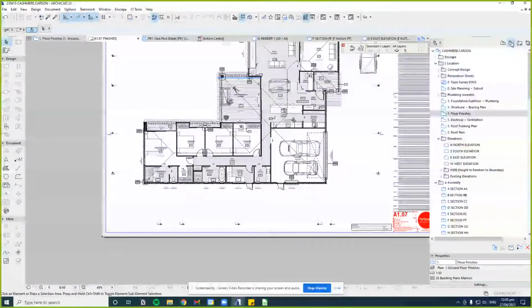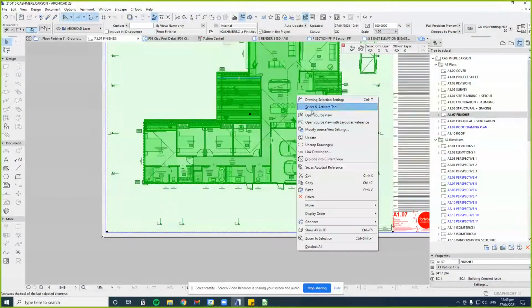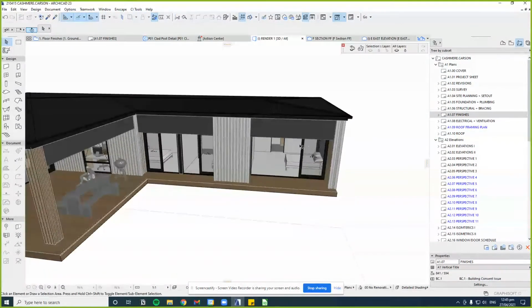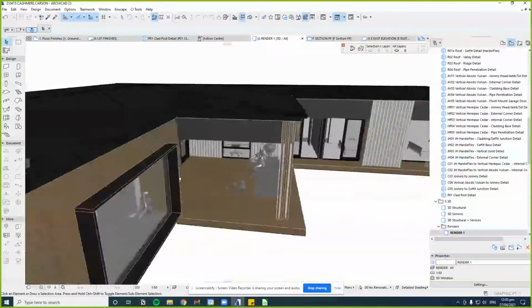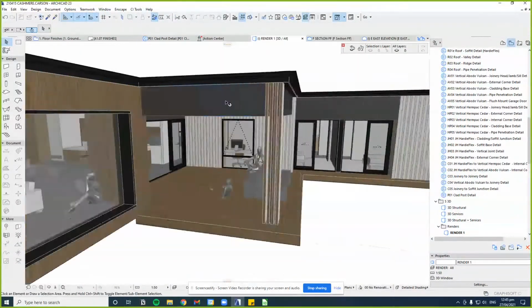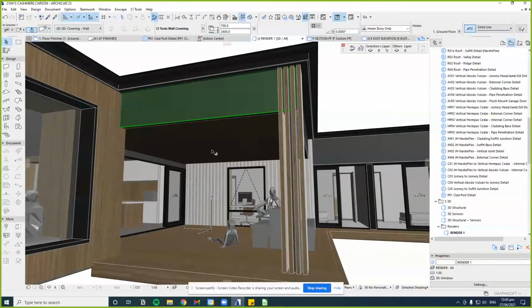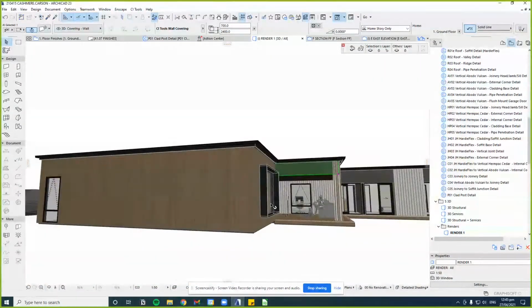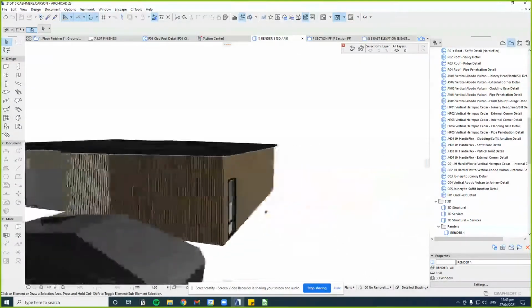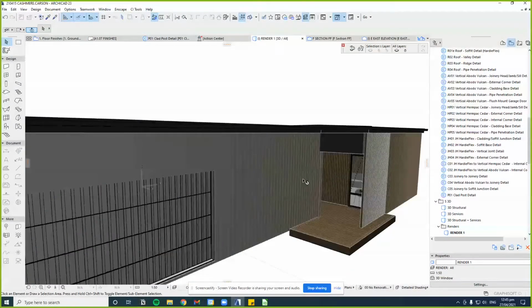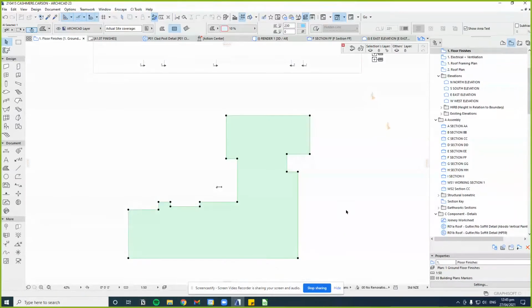So if I was to open this job up in 3D, do I have one across the video? I do. So we've got this painted timber and this cedar, but this James Hardie product is only on the external surface, it's not part of the envelope. So back in my calculator,